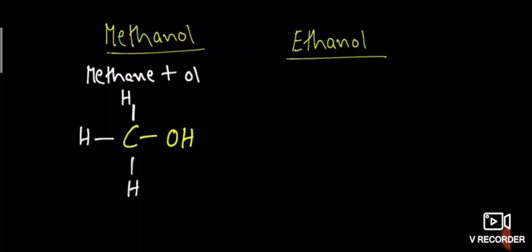Now you see, count the number of valencies around the carbon. 4 are there. Near oxygen, how many valencies are there? 2 valency. Near carbon 1 bond and near hydrogen 1 bond. So what is the formula? CH3OH. How many hydrogen are there? 3 hydrogen are there. So CH3OH is the formula for methanol.